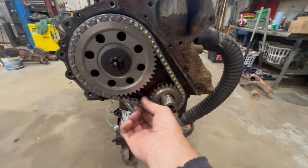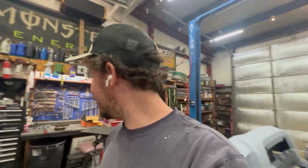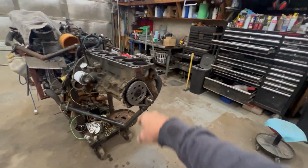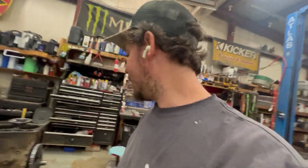Got the timing chain on. This is one reason I say I hardly ever mess with them. That's honestly not even much better than the used one over there, so it's probably just a waste of money. I guarantee you that one is a heck of a lot better quality than whatever brand that is. I'm sure it's made in China. That one's probably not. So either way,